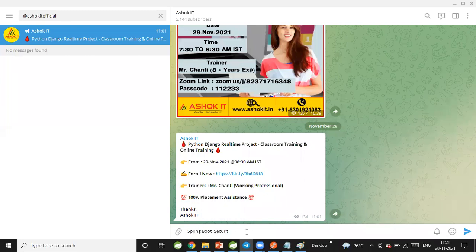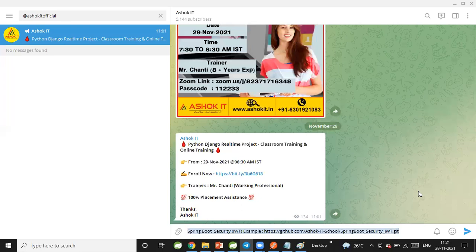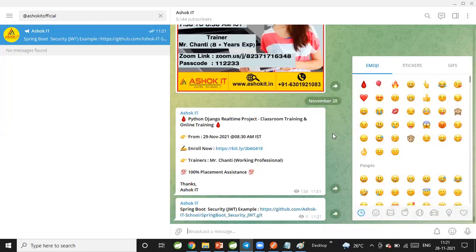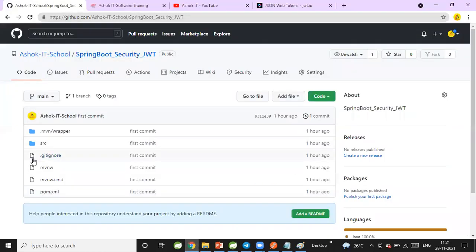Spring Boot security, JWT application, JWT example. You can find the GitHub link I have given there. If you access that link, you can go to my code and see the code here.